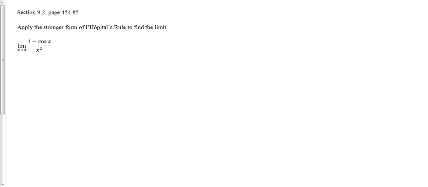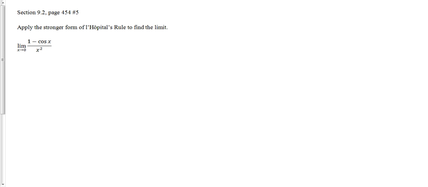Let's do section 9.2, page 454, number 5. Apply the stronger form of L'Hopital's rule to find the limit. In this case, the limit is, as x goes to 0, find the limit of 1 minus cosine x over x squared. So as we've been talking all along, we have a series of methods that we use to